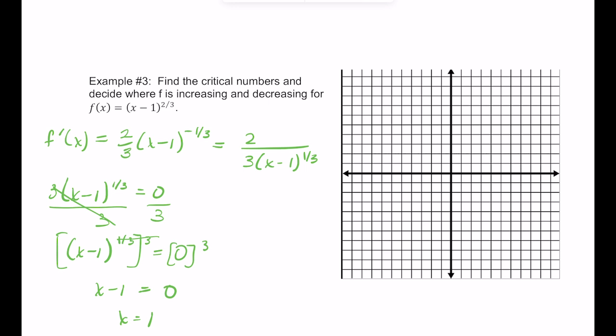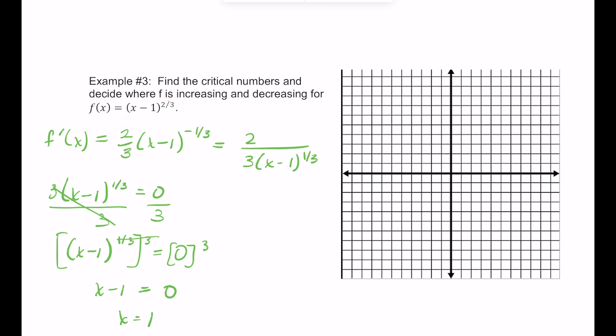Okay, now one of the things I want to ask myself is just because I get this value doesn't mean it's a critical value. I know this is critical though because it's in the domain of f, right? So if you look at f here, this is a cubed root. You can take a cubed root of 1, you could take a cubed root of 0, you could take a cubed root of a negative. If I plug 1 in here, it gives me 0, and you can take the cubed root of 0. So this value is in the domain of that. So therefore, it's a critical value, okay, because it's in the domain of your original function, but it makes f